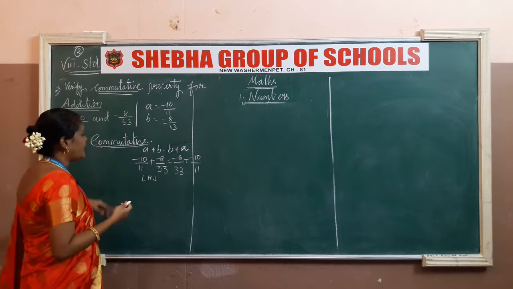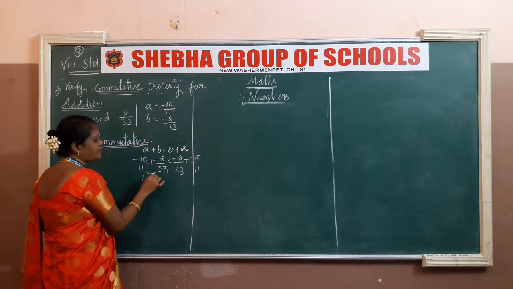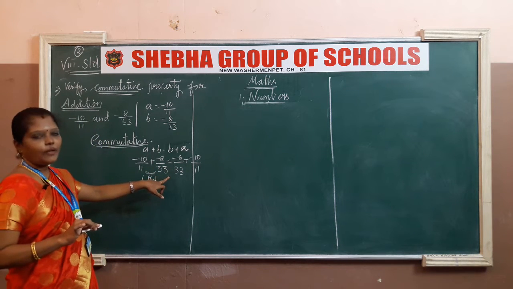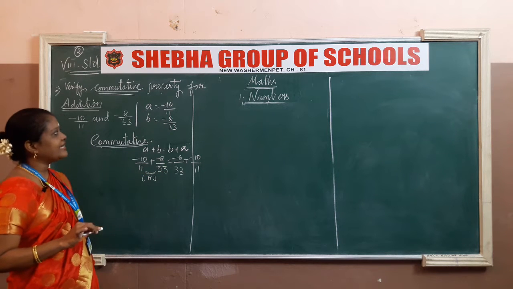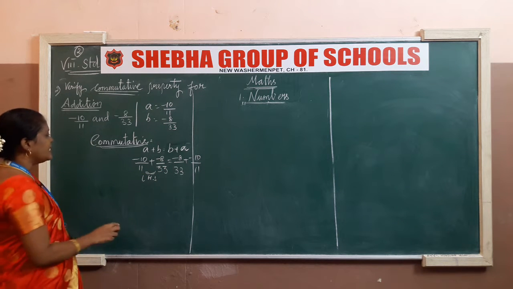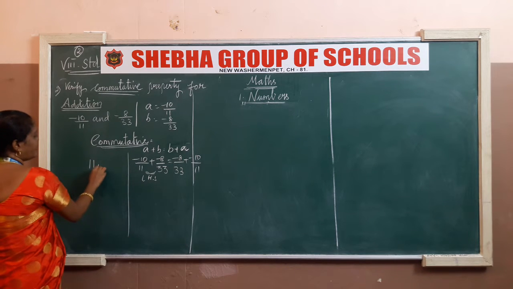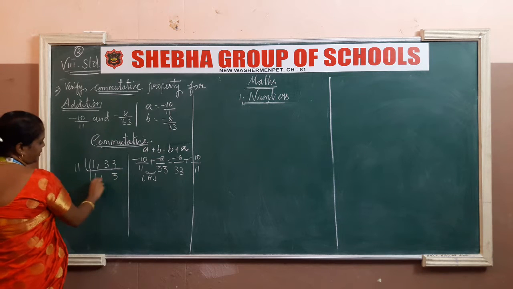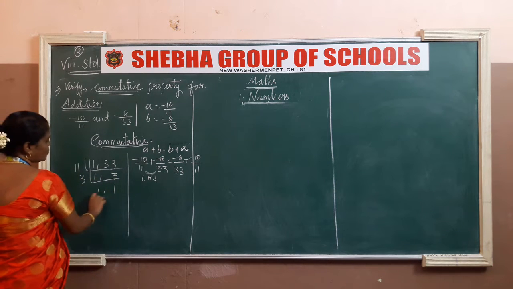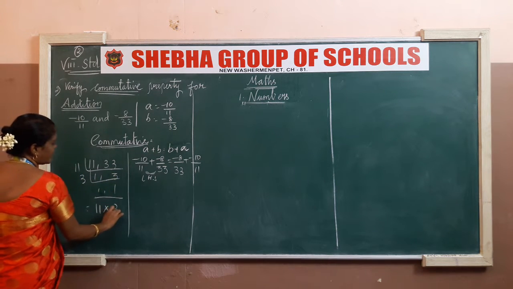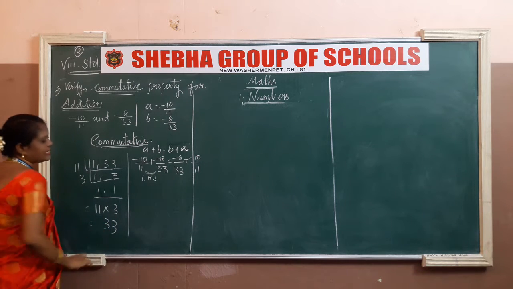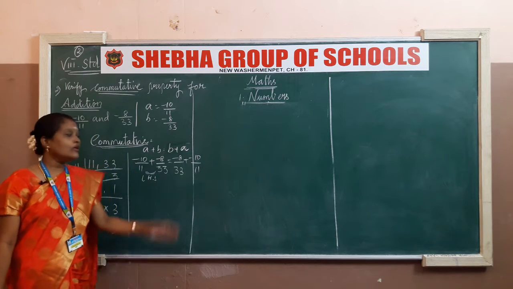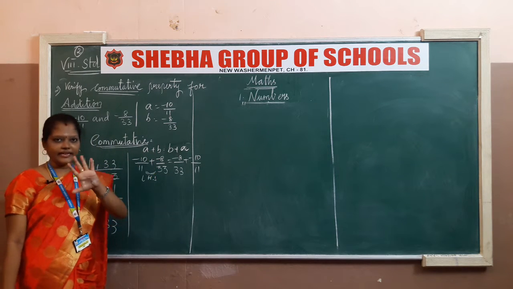Okay. As in the previous sum we talked about, 11 and 33 do not have the same denominator here. So we have to find the LCM for 11 and 33. Shall we find it here? So 11, 33. What is in the 11 table? This is 1 time and this is 3 times. In the 3 table, this is 1 time. So our LCM for this sum is 33. So what do we have to do? We have to make the denominator become 33. Clear? Yes.